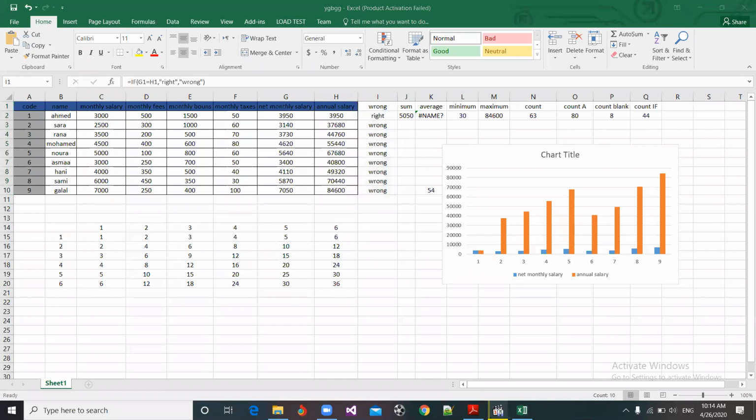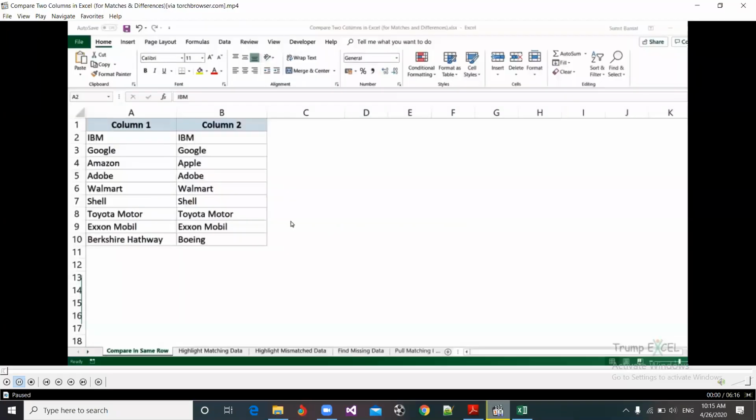Okay, we will see a small video on this option, which is comparing two columns in